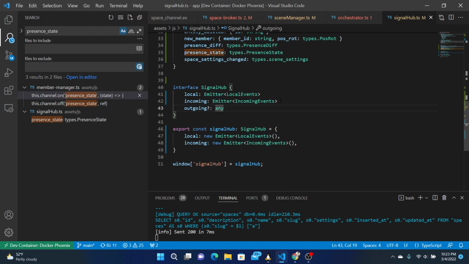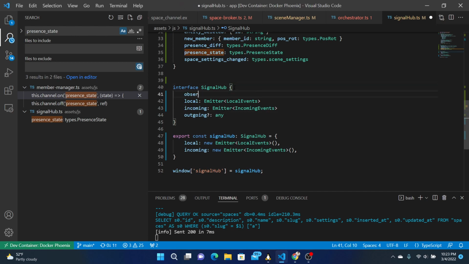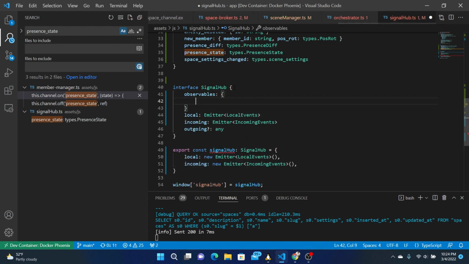Now let's call these observables. And observables can have a type or different kinds in here. So signalHub, observables, and